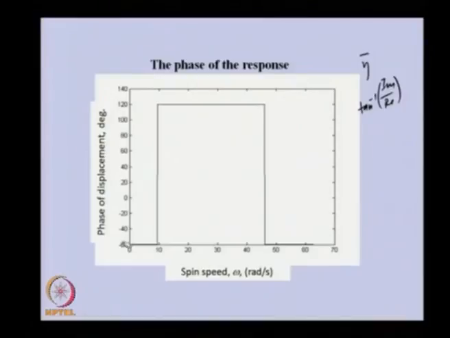And this particular response is in the vertical direction. Basically the phase was 30 degrees from the x axis, the horizontal axis, and this response is in the vertical direction. So obviously that is minus 60 degrees, because the y axis is lagging behind by minus 90 degrees. So minus 90 plus 30 gives us a minus 60 degree phase. So the initial phase is minus 60, then it changes by 180 degrees at critical speed 1, then again changes at critical speed 2 by 180 degrees.